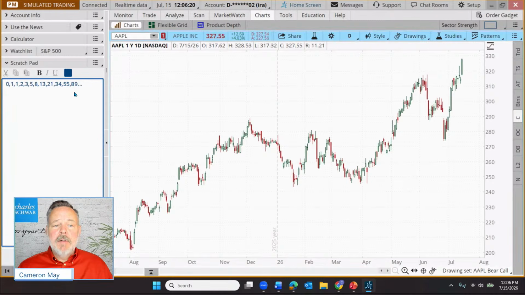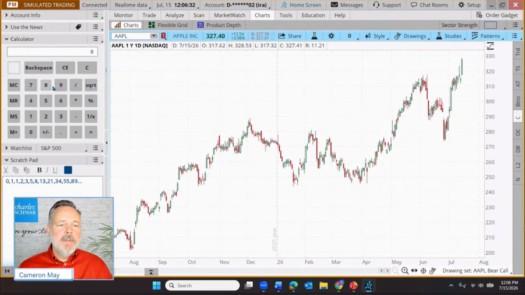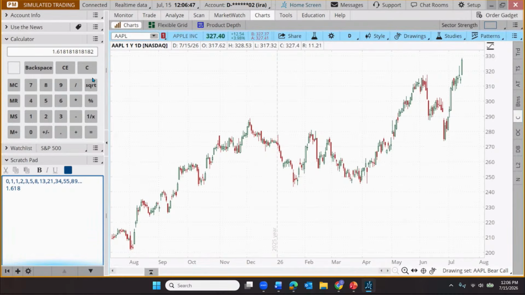And from this can be generated a series of ratios. So for example, if we take a number in the sequence and divide by the number just before it, let's come up here and use our calculator. How about we use 89, divide that by 55. That gives us something that's sometimes referred to as the golden ratio. I'm not going to get too far into that, but just know it produces the number 1.618. Or if we reverse that order, instead of dividing 89 by 55, we take 55, divide that by 89, we get 0.618.